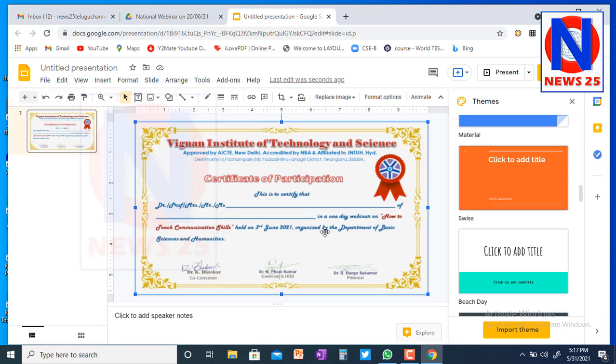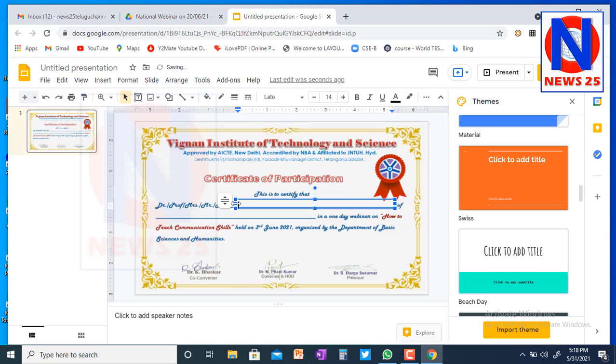So here what we have to do is mention what should come in the first blank and what should come in the second blank. In my case, I want to mention text from here to here.